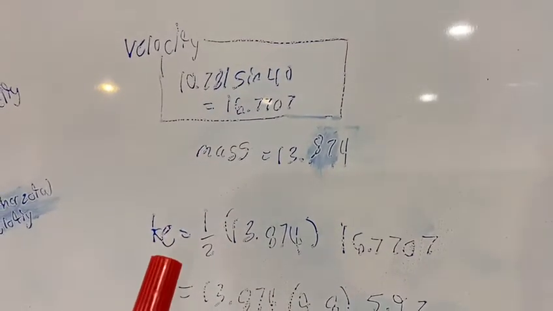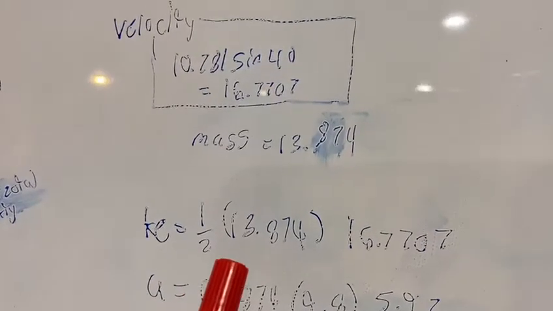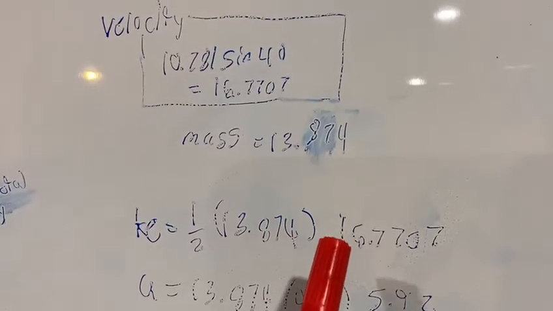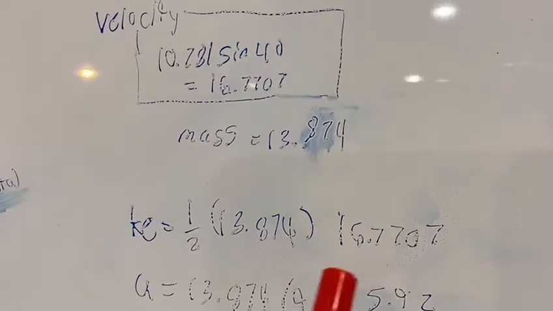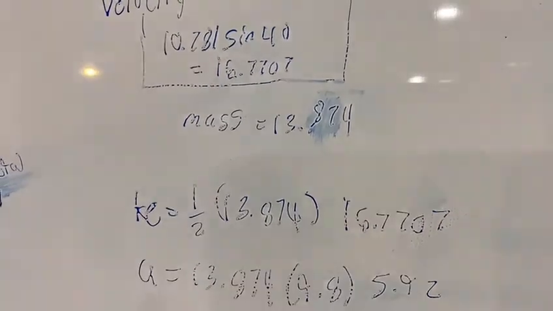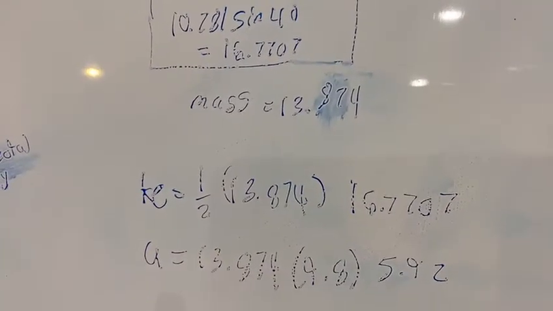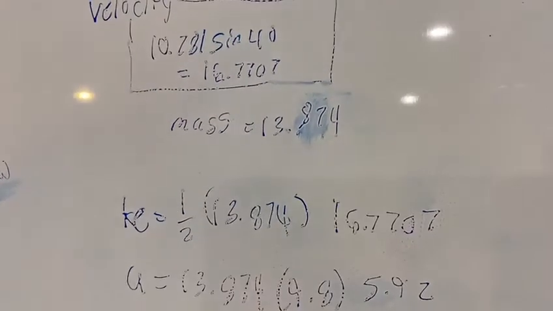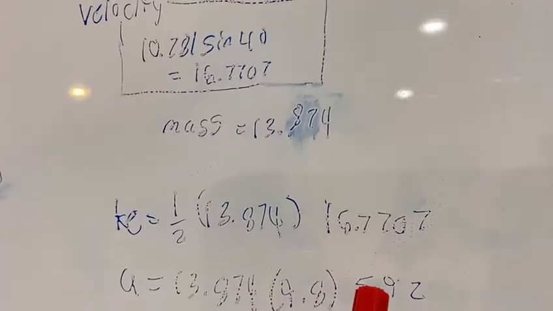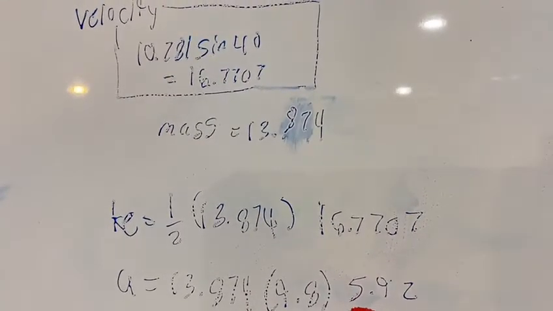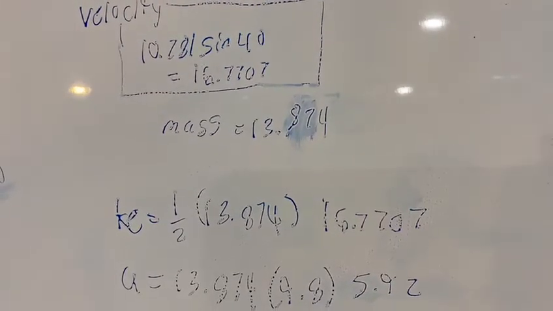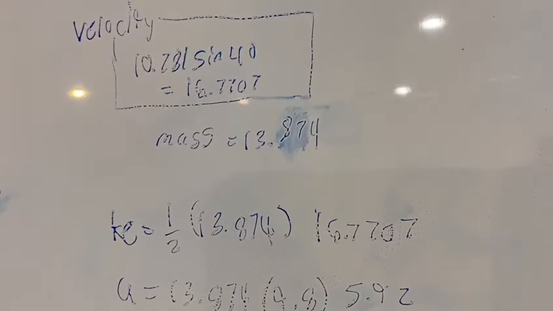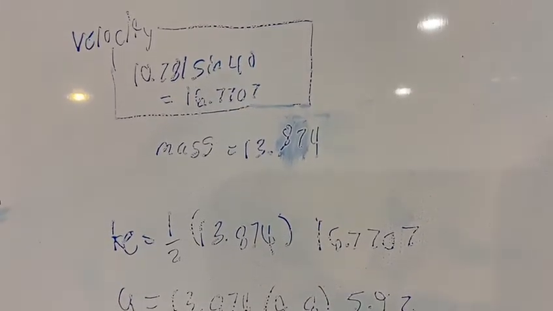is 1 over 2, 13.874 times 16.7707, and potential energy, which is 13.874, which gravity, which is 9.8, and the max height, which is 5.72. And with both of these, you should get the answer